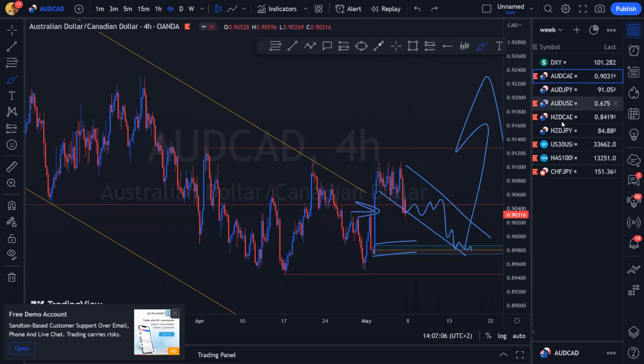So the JPY code pairs, AJ and NJ. Okay, let me just go through all our pairs just so that we understand what my plan is for next week. So we've got AUDCAD, right? We know AUDCAD is going to be positively correlated to AUDJPY and AUDUSD. Obviously, if AUD is the main controller, if AUD moves the markets, then all of these pairs will be moving in a similar direction. Out of these pairs, I'm going to choose not to trade AJ. We're going to go and explain why.